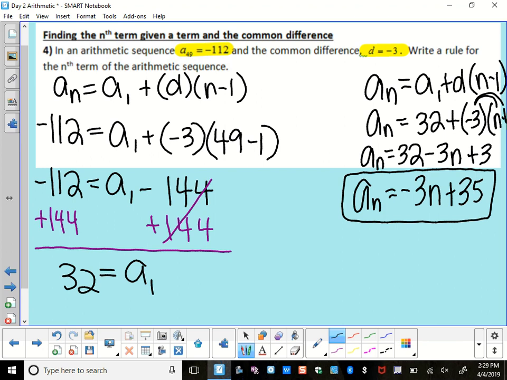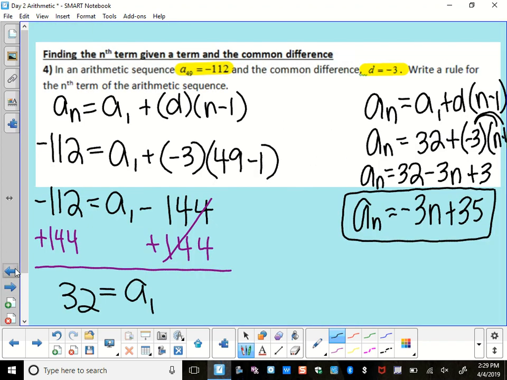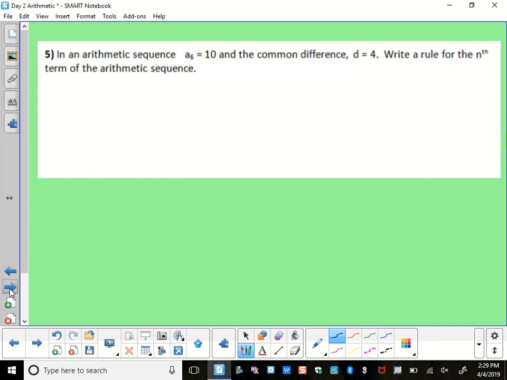You guys have this down? Alright, so clearly here they gave me my 49th term. For us to go back all the way to 1 would take forever, right? Look at this one. They gave me my 6th term and my difference, and I have to find my first term. I could do what I just did, do the formula, or can we not just show that